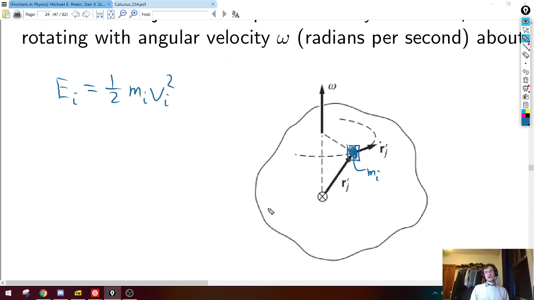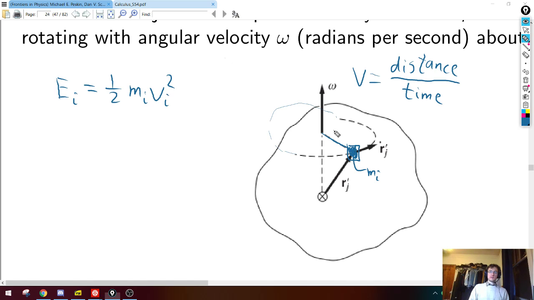So we just have to understand how fast, what is the speed v sub i of this little chunk. Well, that's not so hard either, because this guy is going in a circle about this central axis of rotation, maybe the z-axis here. To find its velocity v, there's a pretty simple trick. You could prove this using more general methods in physics, but we want to know the velocity, which would be the distance divided by the time it takes to go that distance.